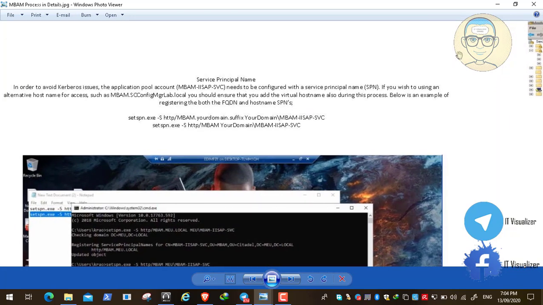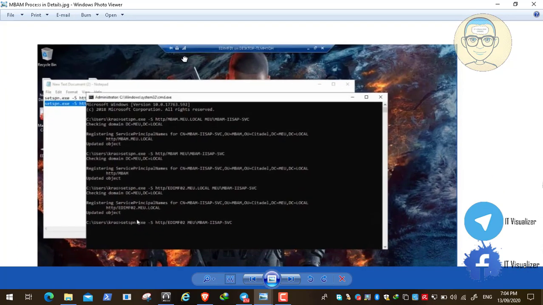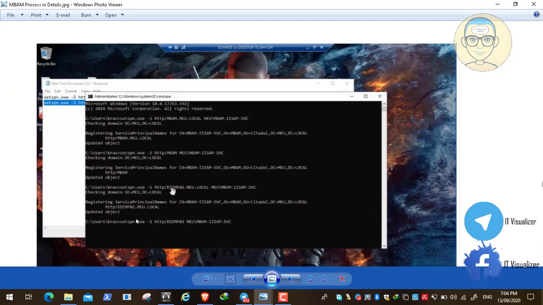So now we have done all of these things. We need to give the user a URL that he, or the help desk, can type so he can access the MBAM website. This will be done through something called a service principal name. So we run a command, and through this command we will tell it, for example, that we need this website to be named